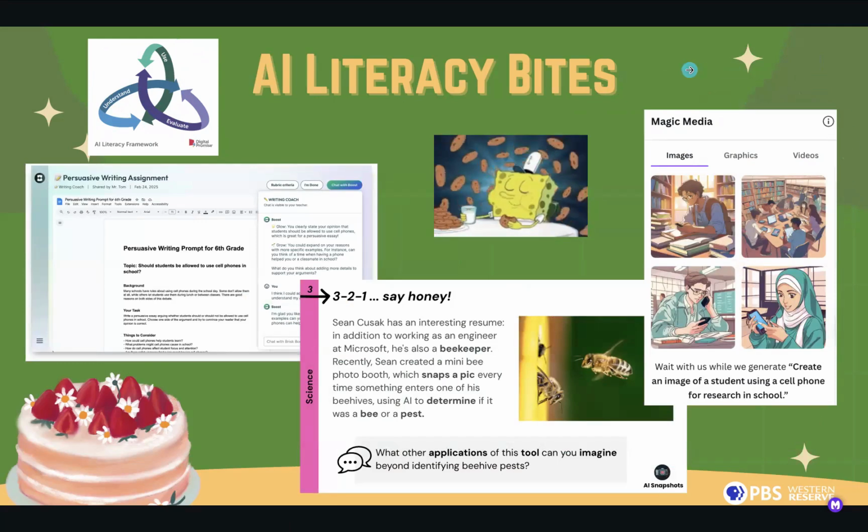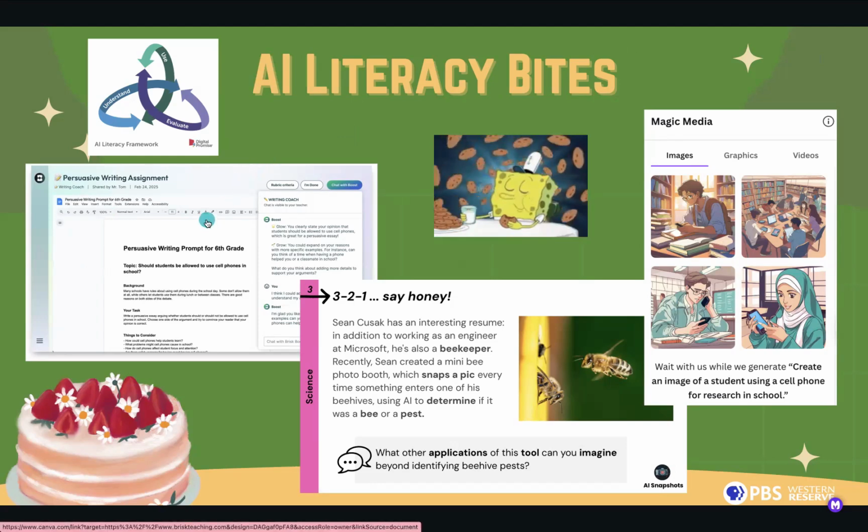If you're thinking, okay, those are great as bell ringers and warm up things, but how do I weave it into my everyday activities and lessons that I'm doing with kids? Well, here are some other bites and ideas that you can chew on. So in our sessions, we've talked a little bit about a chatbot called Bite, which is not age restricted at all. You can use it with elementary all the way up to 12th grade. Kids never log in. So you can use Bite to help students be their writing coach or their writing assistant. They could put their writing in there, or they could use it to start generating ideas.